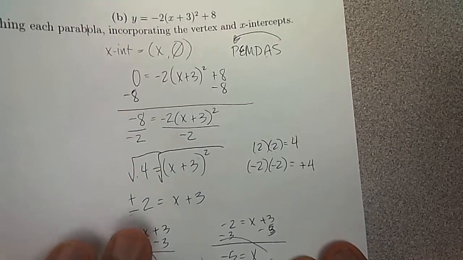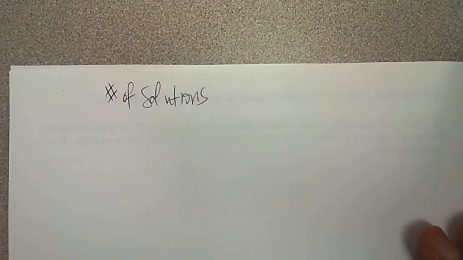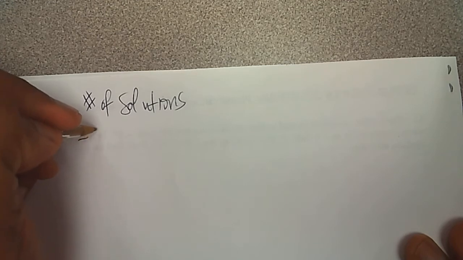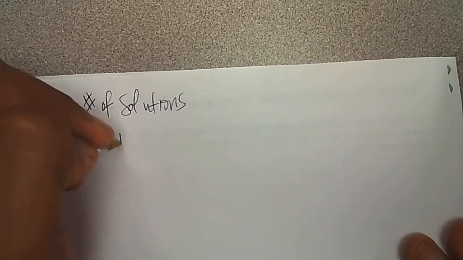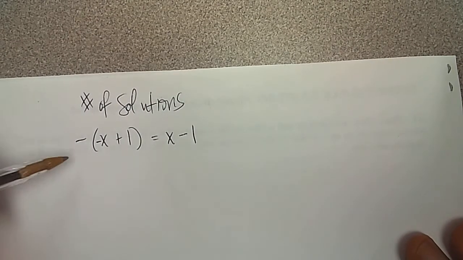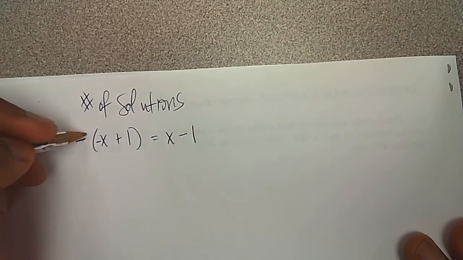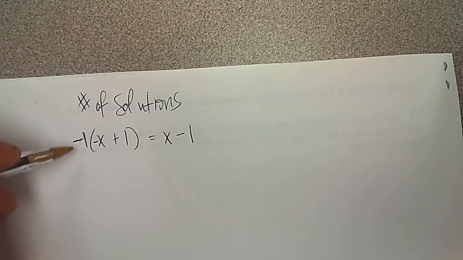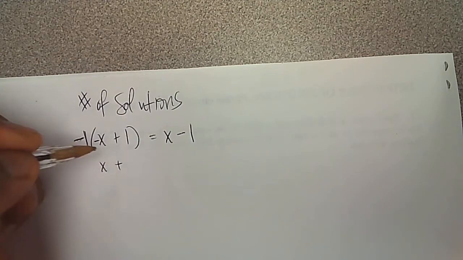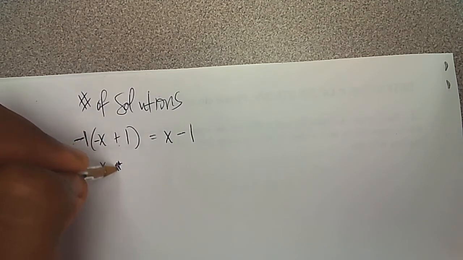What we're going to get into next week, into your Delta Math assignment, is also the number of solutions. So for your number of solutions, if you have a negative in front of a parentheses, include the 1. It's just invisible. So a negative times a negative is positive. A negative times a positive is negative,